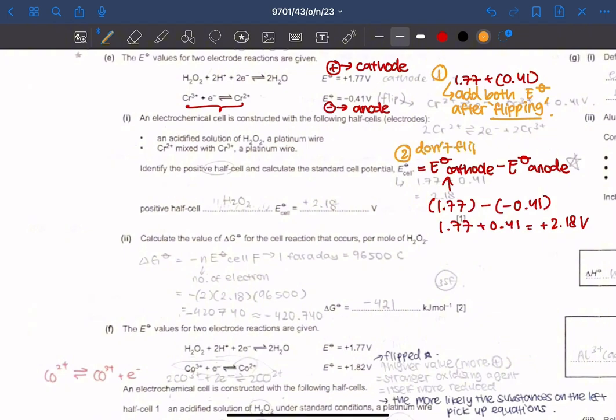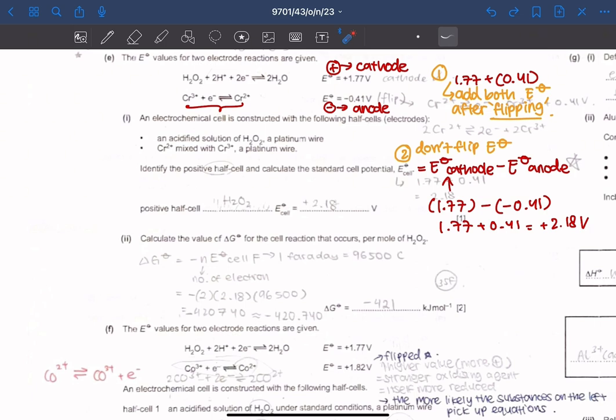And when you don't flip the E naught, you can use this formula: E naught of cathode minus E naught of anode. Okay, moving on to the next question, part II. Calculate the value of ΔG, or Gibbs free energy, for the cell reaction that occurs per mole of H2O2. So for the Gibbs free energy, there are actually two formulas. One of them is this one, where the Gibbs free energy is equal to negative n times E naught of the cell times F. F is Faraday, and